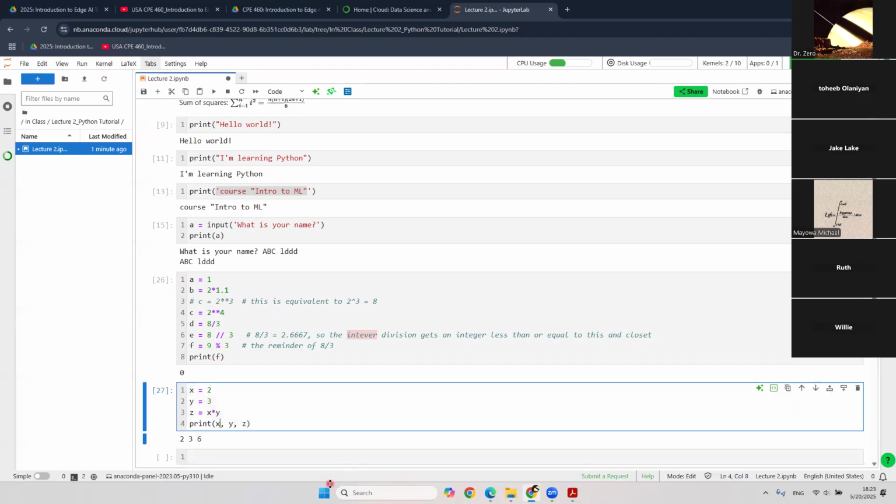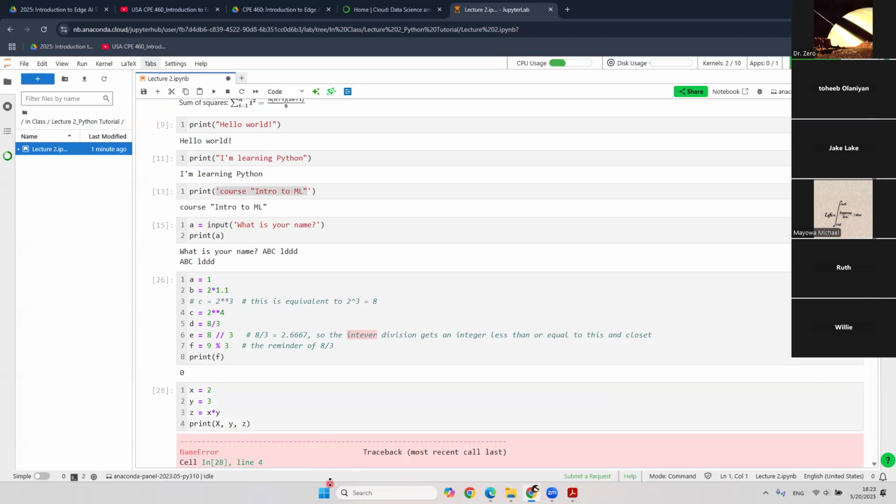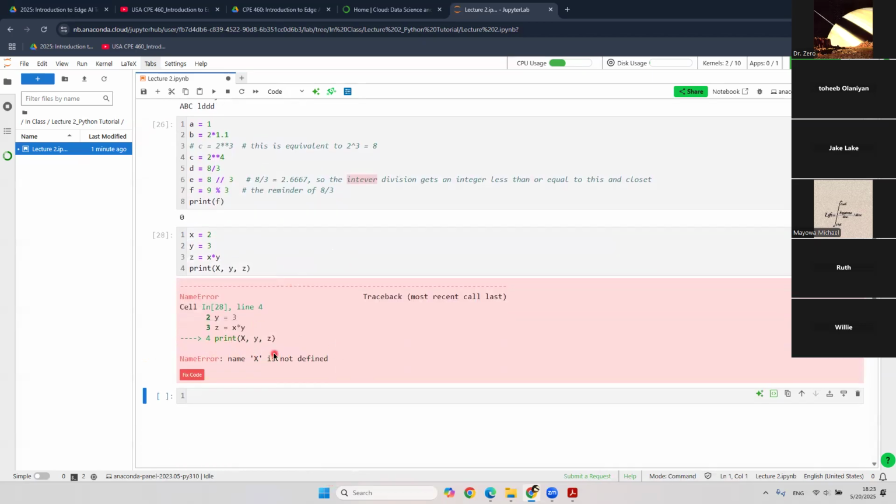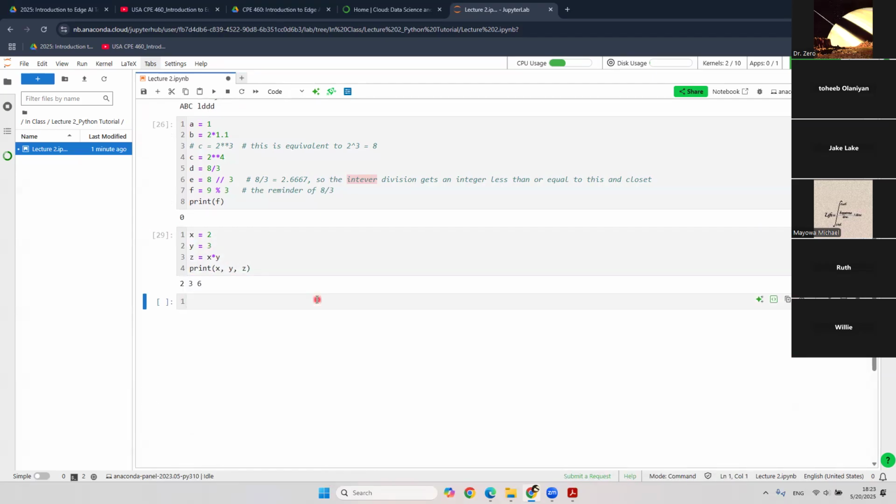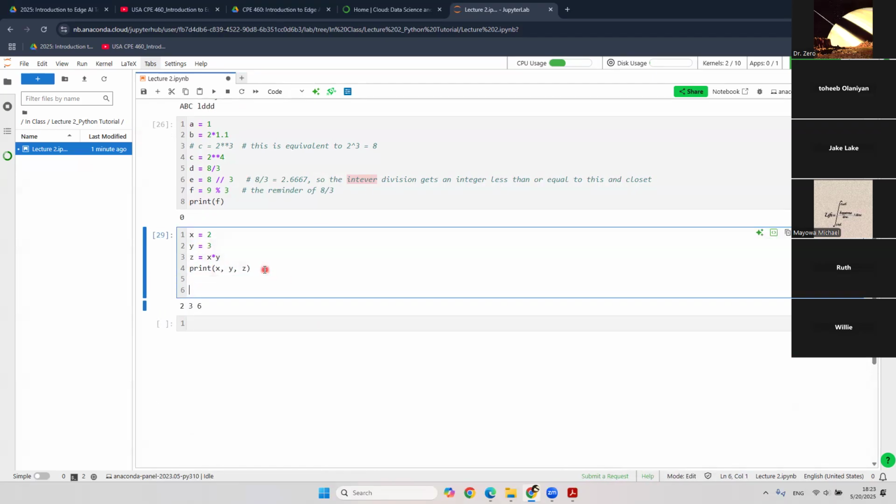So you can see this. Be careful, it's case sensitive. For example, if you write it this way, it will tell you it's wrong because x is not defined. The big X and the small x are two different variables. Be careful about this. And the second thing, we can write x equal to, let's say, x plus